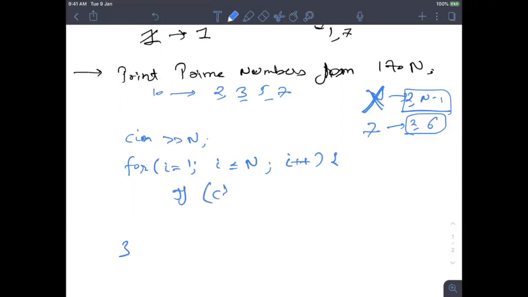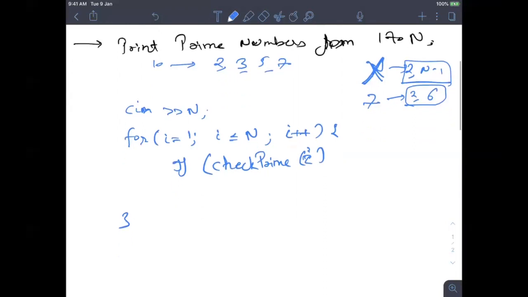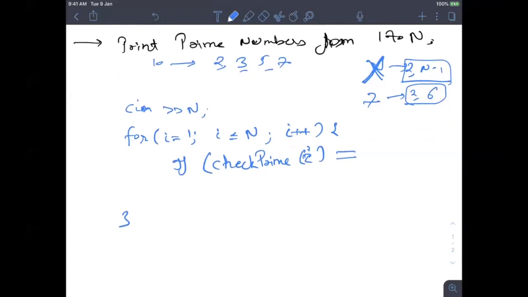Let's say there is a function which will check for us. We are sending this i, so we are iterating over all the numbers.